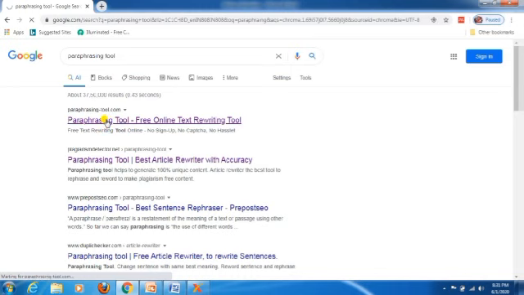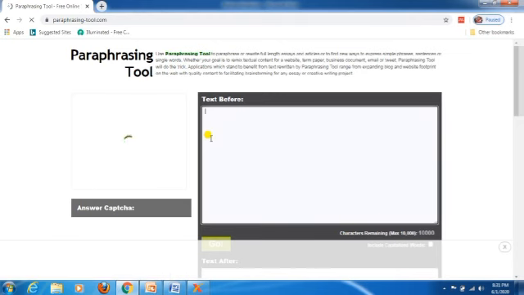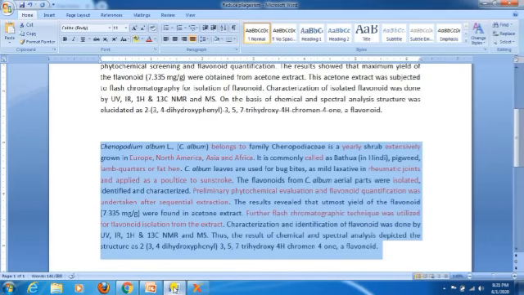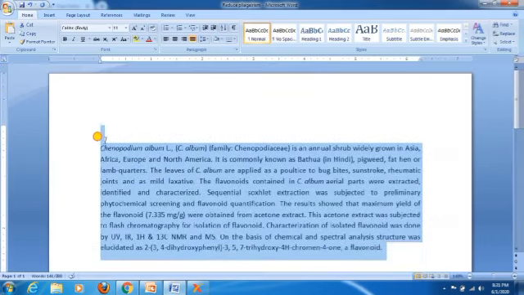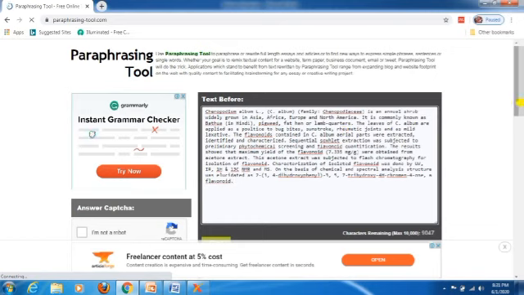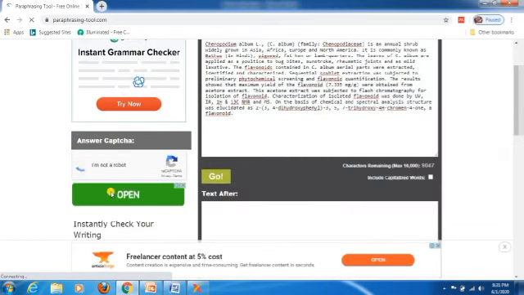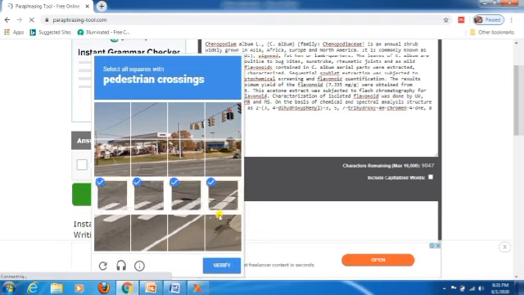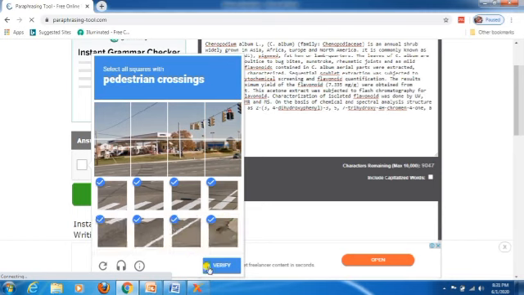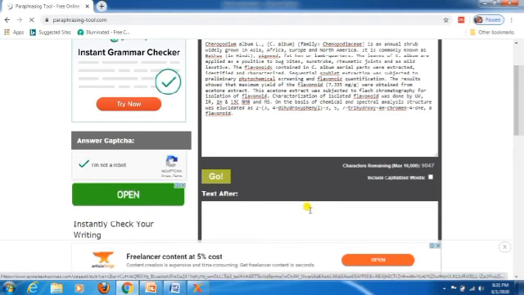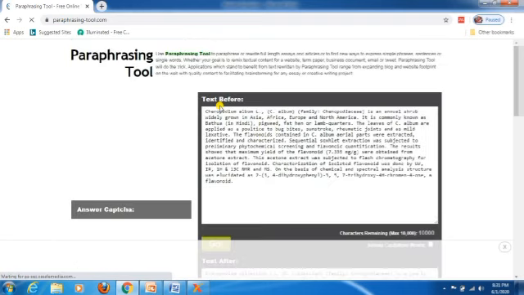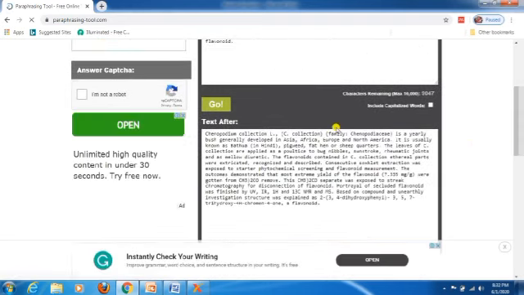For example, if I click this, copy your previous content which you need to check for plagiarism. Here, after copying this, go for it, and after verifying it, let's hope we got the result here. So we have pasted this.